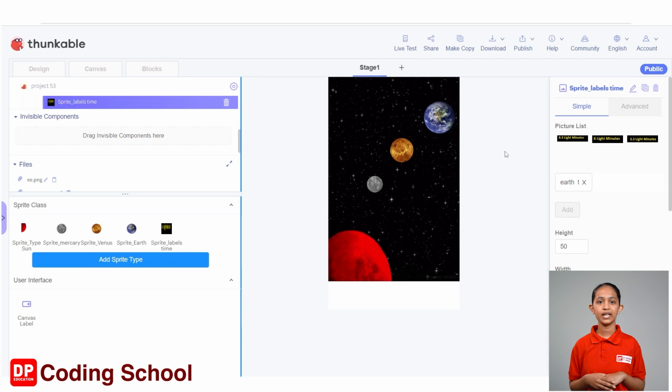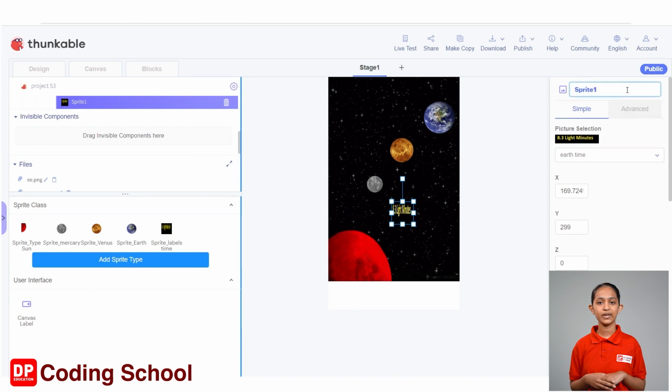I drag the Sprite Labels Time block under the sprite class into the screen in the same way as before adding sprites. Okay, now a sprite was created like this. I click the Rename button in the properties here and rename this sprite as Mercury Time Sprite. Next, we need to add a picture for this sprite. Click on the box below the picture section and select